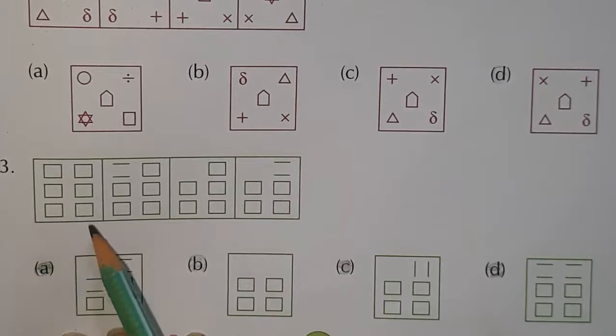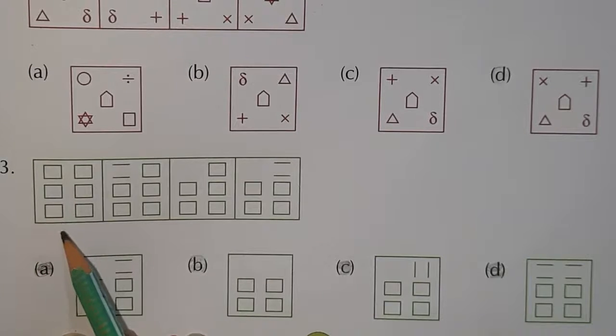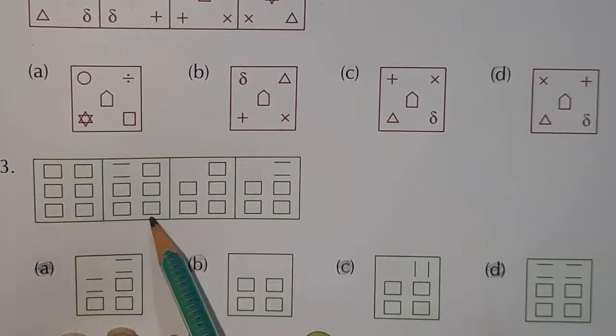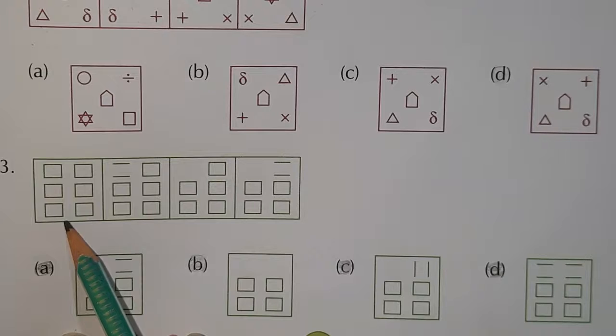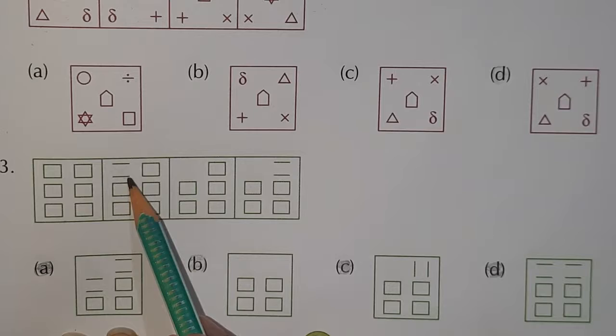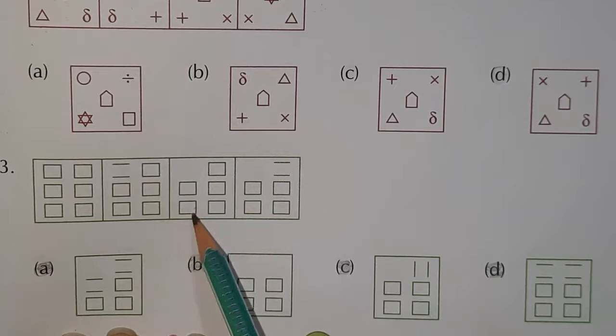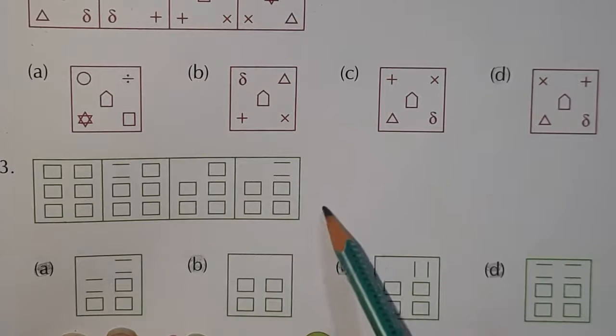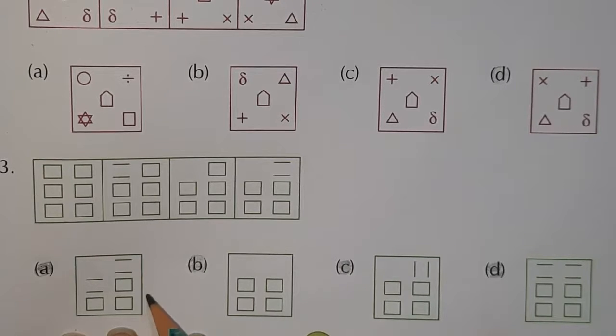Next question, question number 3. Now 1, 2, 3, 4 figures are there. In each figure there are some rectangles. First figure, rectangles are there. Second figure, this rectangle is broken and this figure is formed. And again some more change, some more change. You have to find out the next figure of this series from the options A, B, C and the D.